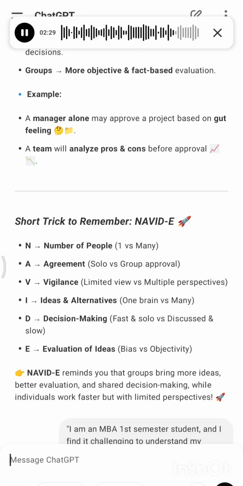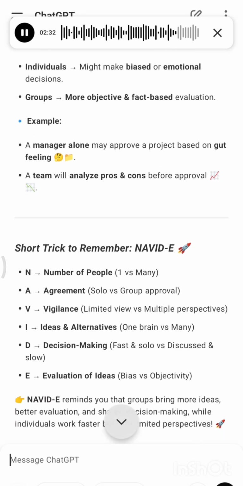Short trick to remember: NAVID-E. N, number of people, one versus many. A, agreement, solo versus group approval. V, vigilance, limited view versus multiple perspectives. I, ideas and alternatives, one brain versus many. D, decision-making, fast and solo versus discussed and slow. E, evaluation of ideas, bias versus objectivity. NAVID-E reminds you that groups bring more ideas, better evaluation, and shared decision-making, while individuals work faster, but with limited